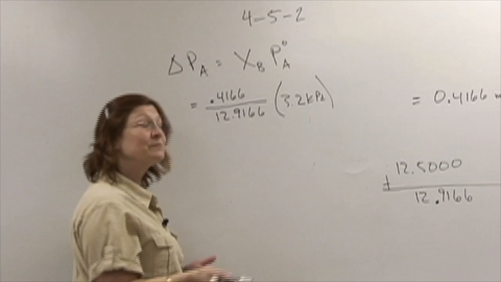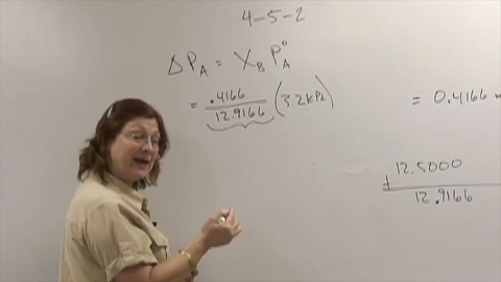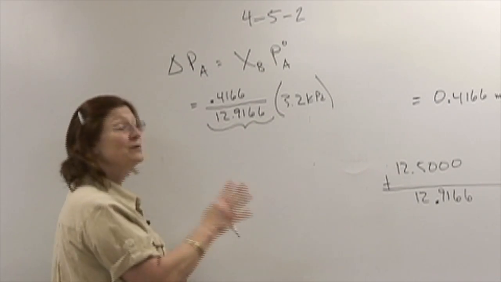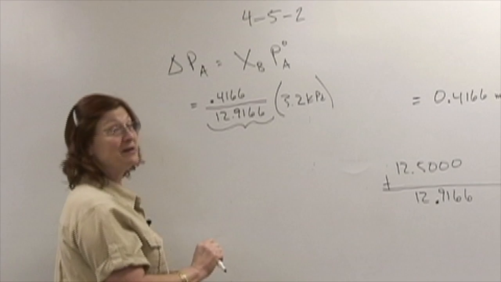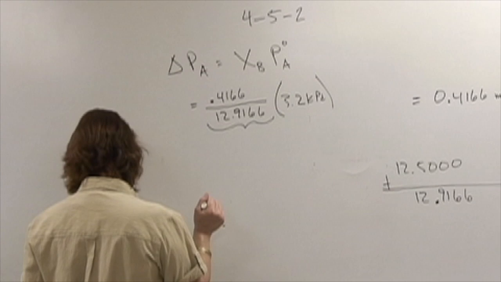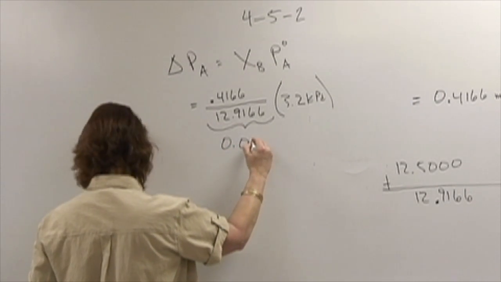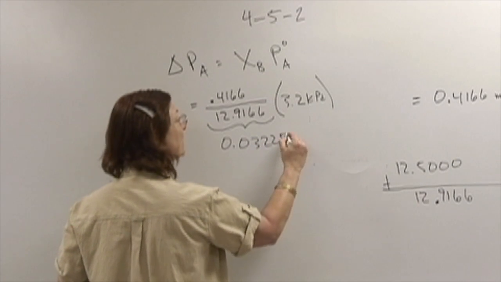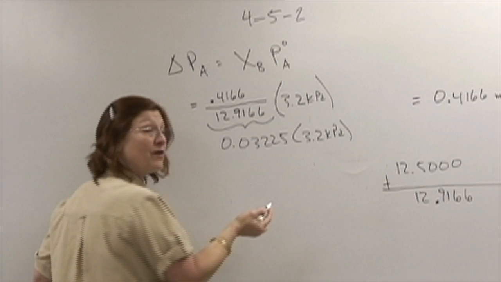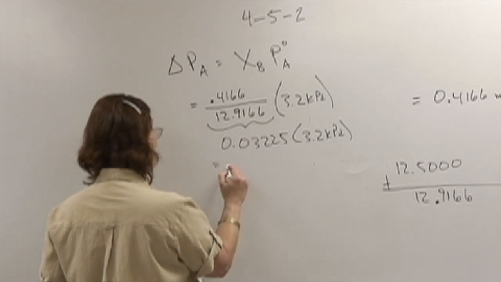Now, on the assessment, I will also ask you for this value right here. It needs to be 4 places past the decimal, cut off, because we need to be consistent. And it does make a difference in our answers. When I do this number here, I get 0.03225 times the 3.2 kPa. Fractions do not have units. And when I do this multiplication, I get